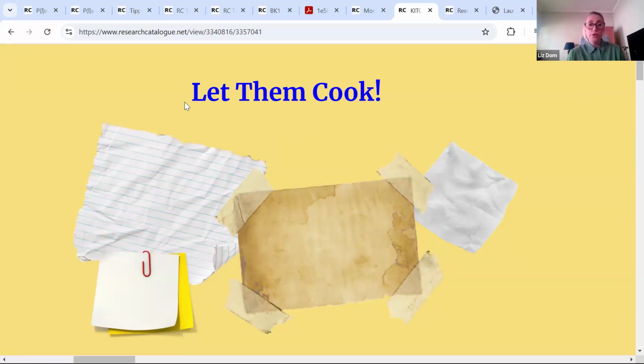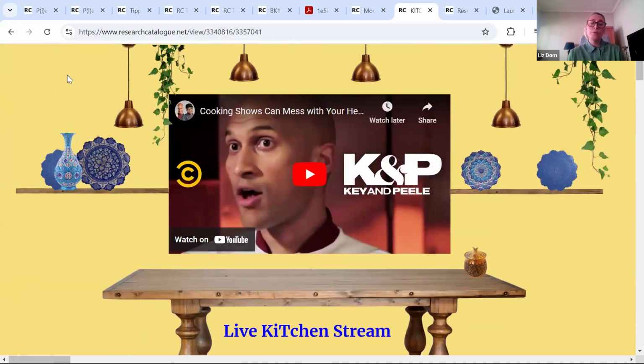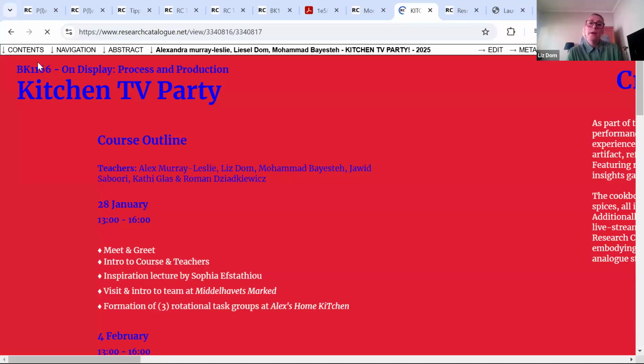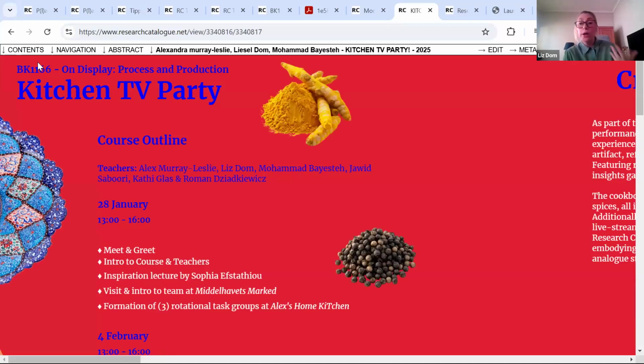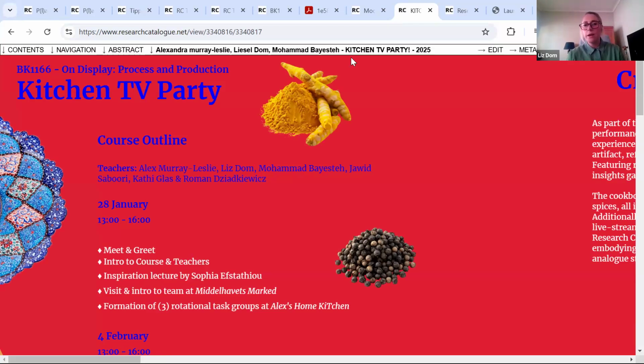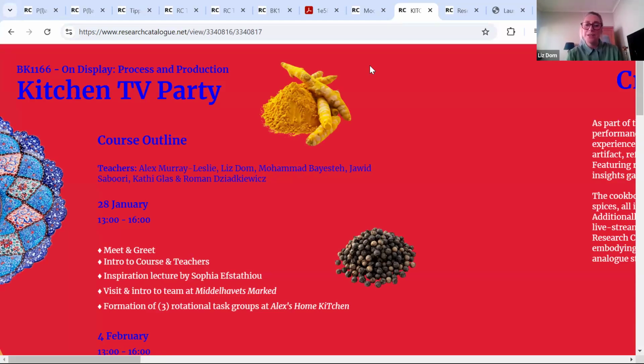I would say for the most part, we use the research catalog as a learning and research tool, and then secondarily, for those who want to, and I see more and more people at the university wanting to do this, using it as an exhibition format or artistic medium. So this is a way that the research catalog has been used in a more innovative way, I think, than has been used before. You can have a look at what's on the research catalog. There are many people contributing to it continuously and doing amazing things.